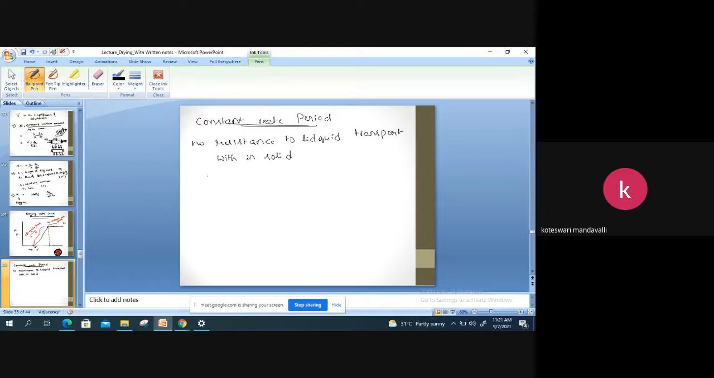And the surface of the solid remains uniformly moist due to rapid transport of moisture